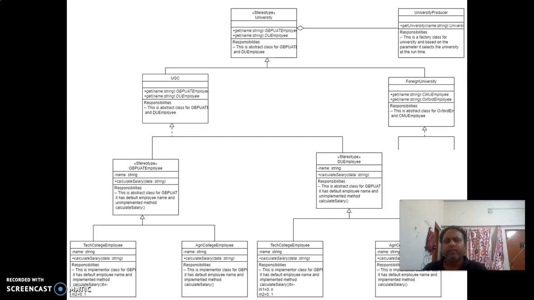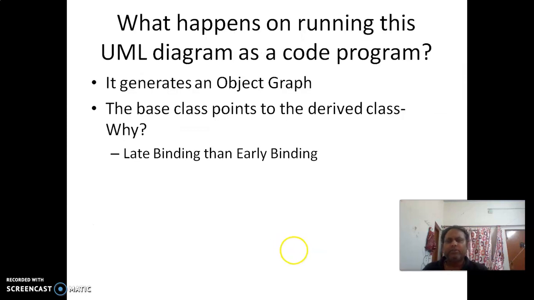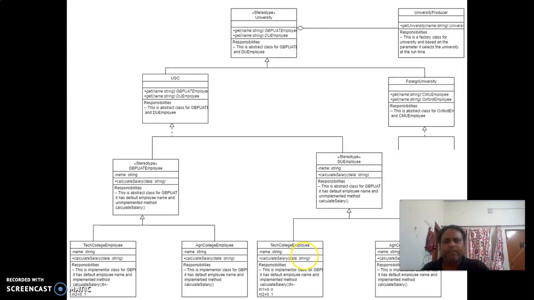So here, if you have seen, there are multiple classes, and this class is basically linked together with these multiple classes. Internally it generates an object graph. This class is linked with this. These notions are called relations.